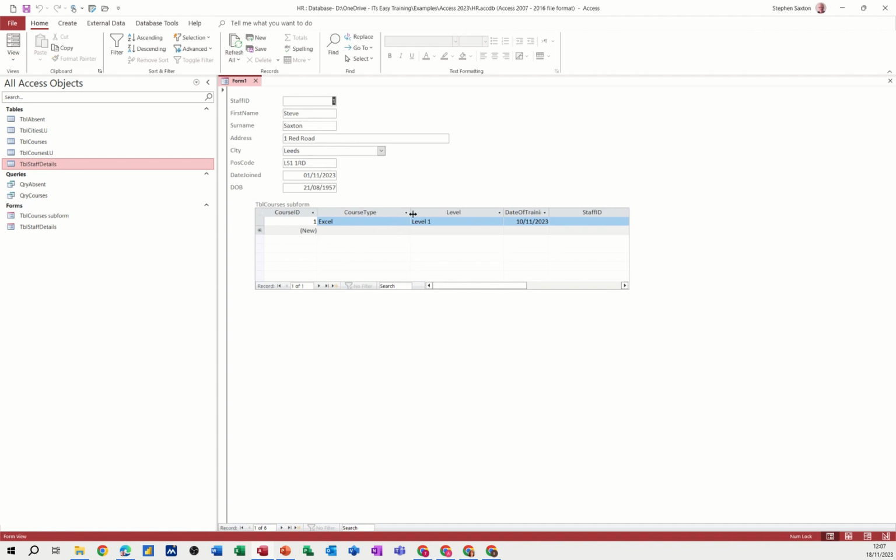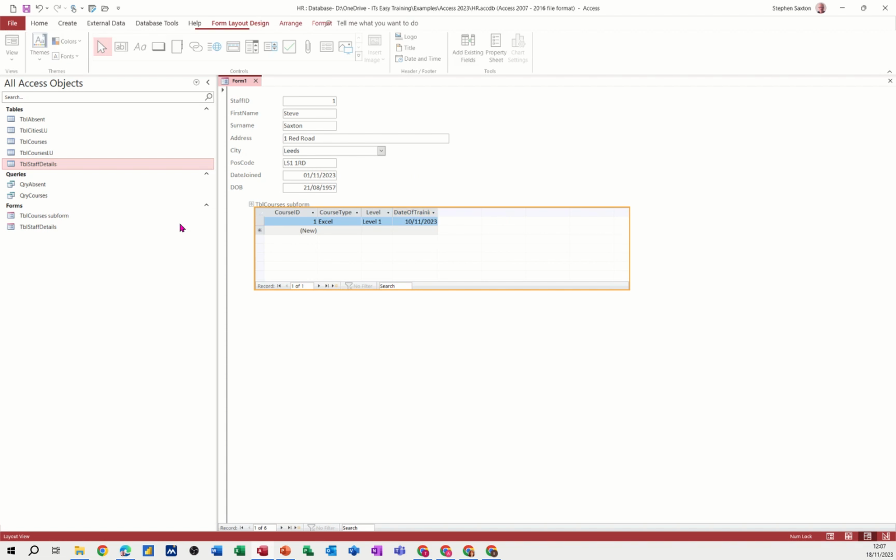So you can see that all the information is in there. So I didn't need to make it that big actually, because it's only courses. Staff ID. I probably don't need staff ID now. If I'd used the lookup wizard, it wouldn't have picked that up. So if I go through to the next person, they're doing a course and there's nobody else doing any courses, so that works okay. If we go back into design,